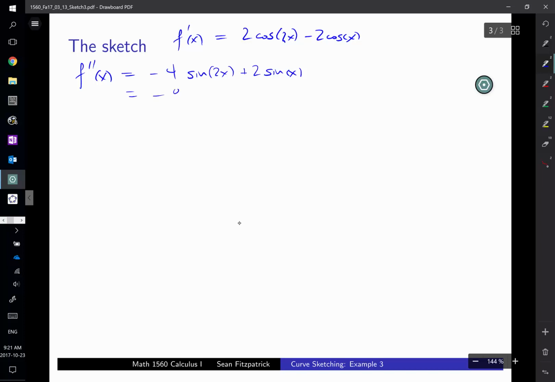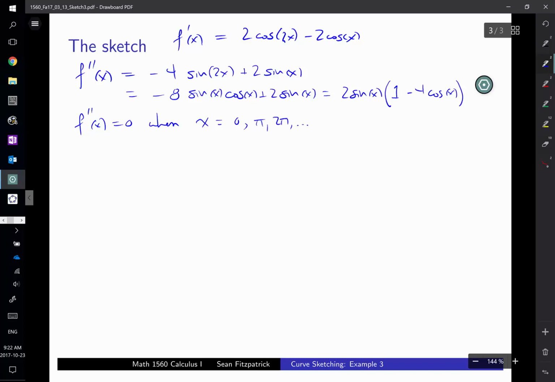So again, we have to play around with trig identities here. This is minus 8 sine x cos x plus 2 sine x, and we can factor out 2 sine x, and we get 1 minus 4 cos x. Okay, so f double prime of x equals 0 when x equals 0, pi, 2 pi, right, when the sine x term is 0, and also when cos x equals 1 over 4. Now there's no standard point on the unit circle that gives me cosine equal to 1 over 4,